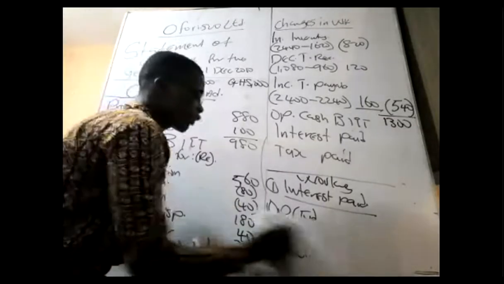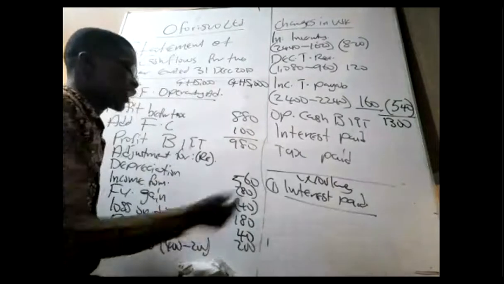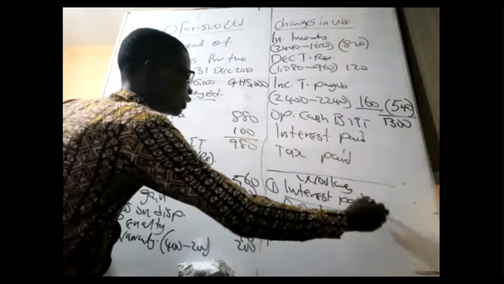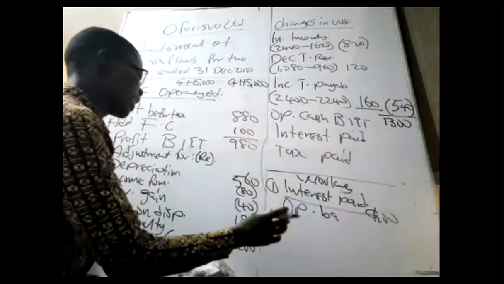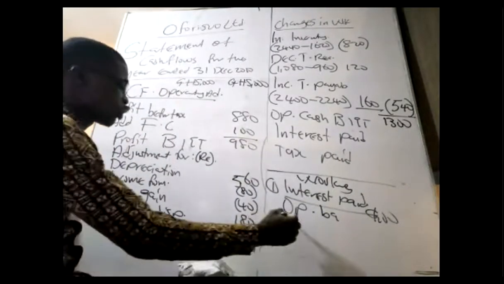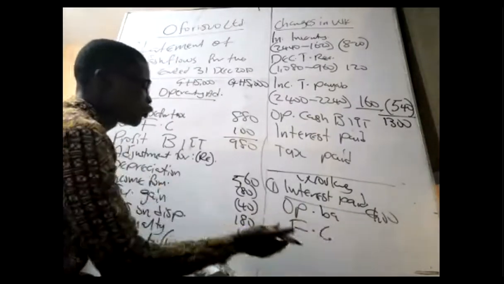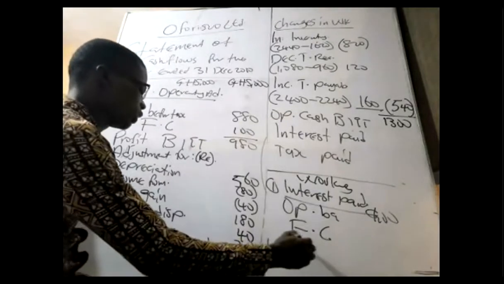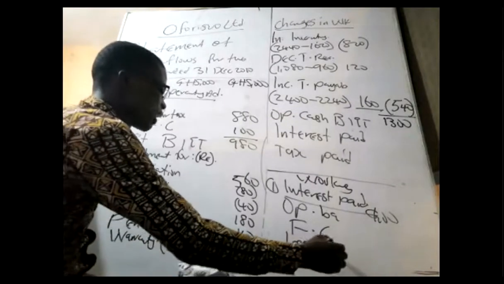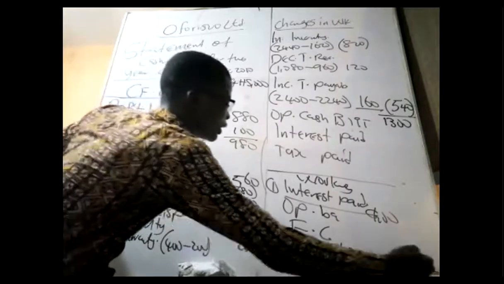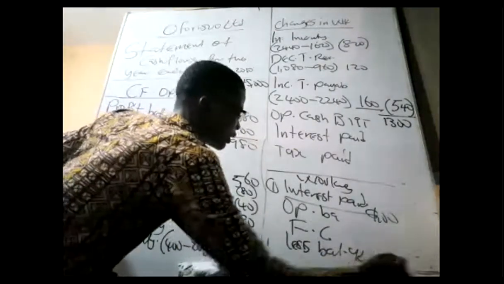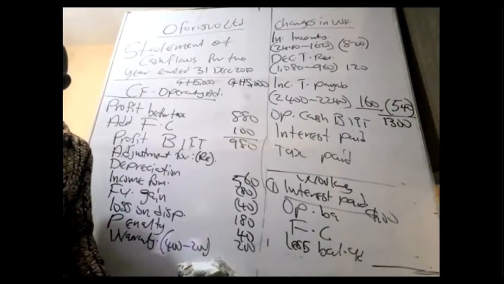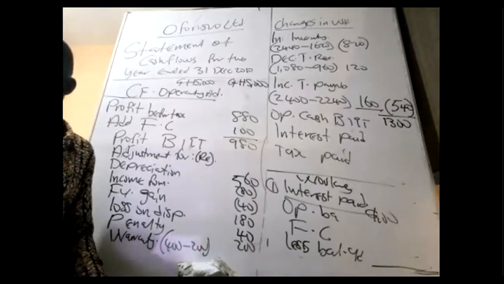So I write open balance here. For interest paid, I write open balance. I'm reporting in thousands. And I'll go to the P&L and pick the finance cost. Add the movement, usually it's in the P&L. I'll say less the closing balance, so balance carried down. If I do this, any answer that I get becomes my interest. Okay, let's go to the balance sheet to pick the open balance.